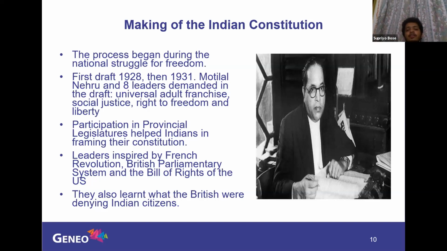You see, the founding fathers of the Indian Constitution were very clever people. They were very clever and wise people. When they made the constitution, they made sure that our constitution has everything, all the best quality things from all